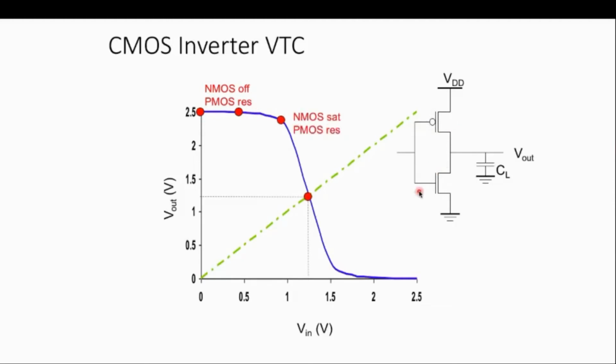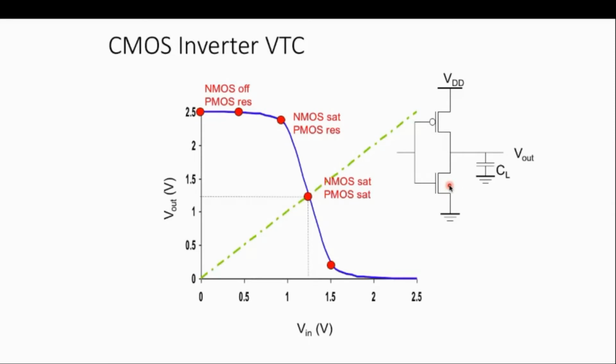Now here, when your input is slightly greater than threshold, your output is at a higher value because this capacitance is charged. So this leads to the condition that your PMOS is still in linear region while your NMOS is in saturation region. Now, in the middle of this is called threshold voltage. So this is your VOH, and this is your VIL, this is your VTH, this is your VIH. So here this is also in saturation. I will give you the details of this in the coming slides.